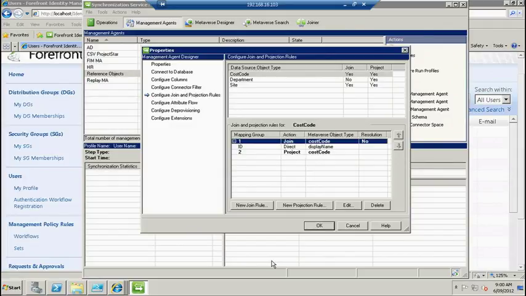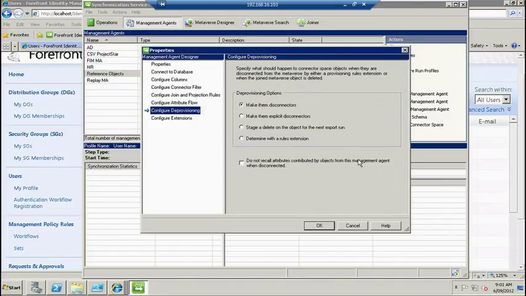And this is one thing I want you to think about. Always, always, always plan to be able to clear and re-import a connector space. That should just be a basic thing that you allow. And so we always must have join rules. And when it's a projection source, you have to think a little more. You have to, if this is an attribute that this connector, this management agent is contributing to the metaverse,